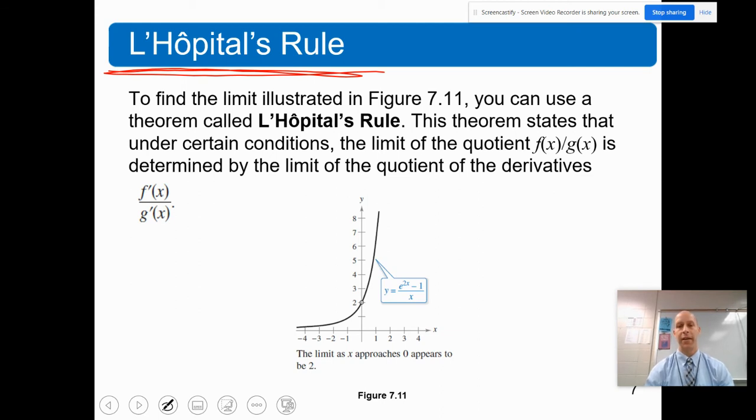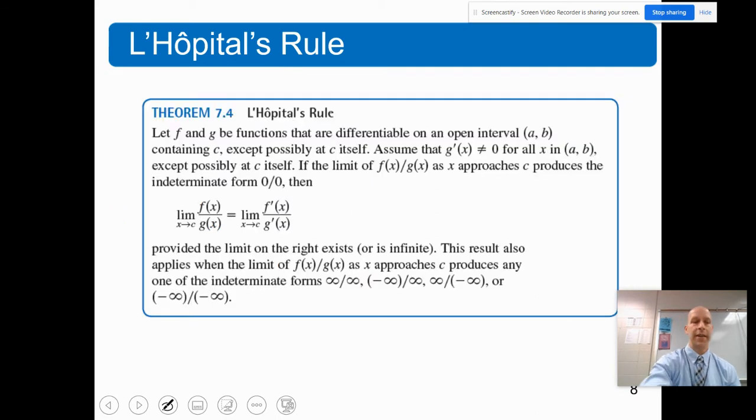Okay, so let's go ahead and get to it. The general idea is this: if I'm trying to find the limit of a quotient, I can actually use the derivatives of the functions to figure that out. So here it is. This is the most important slide besides knowing the indeterminate forms. This is called L'Hopital's rule. It says let f and g be functions that are differentiable on the open interval except for possibly at c. We want to make sure that g prime is not equal to 0 because we don't want to have any division by 0. If the limit of f divided by g of x is an indeterminate form,